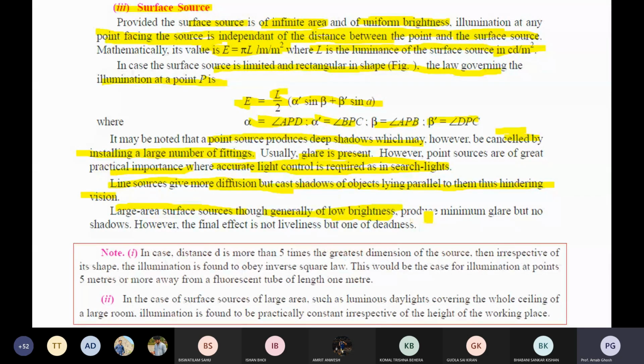What are the different types of sources, where they are implemented, and how they are beneficial? If you go through any of the books, you can definitely understand better. My suggestion is that you simultaneously start reading your illumination topics. Otherwise, after a certain time you will not be able to understand. And you have to solve the numerical problems of illumination side by side.